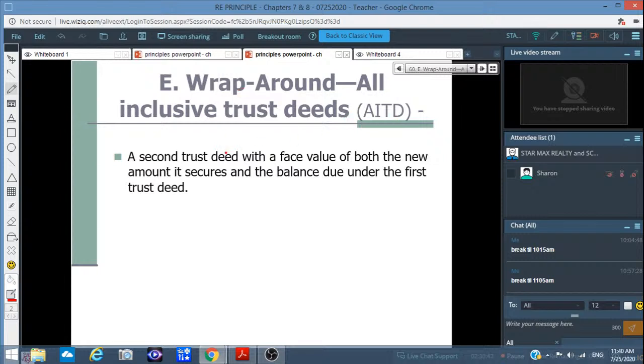all-inclusive trustee. Okay, so a second trustee with the face value of both the new amount is secure and the balance due under the first trustee. So it's a package deal, right? You use the old loan plus the delta difference. So this is wraparound. Okay. 这个 wraparound 就是包起来嘛，right？就是用旧的贷款加上这个差价上去，然后呢就是这个这一类的贷款